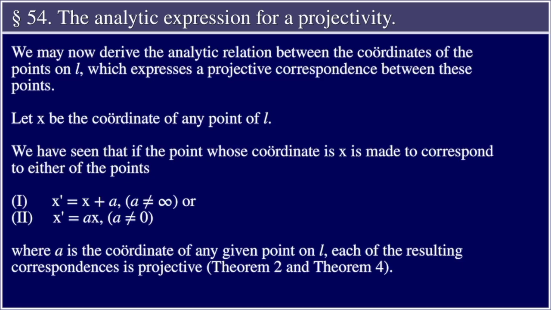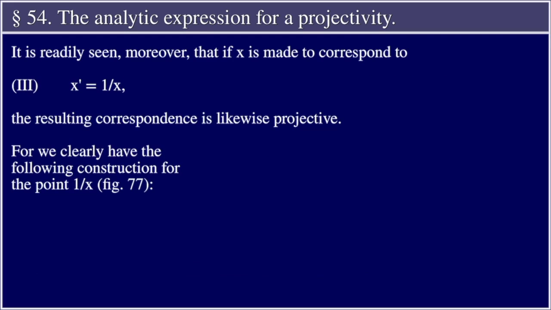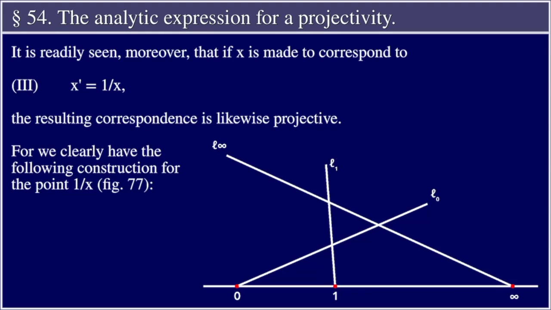Let x be the coordinate of any point of L. We have seen that if the point whose coordinate is x is made to correspond to either of the points, 1, x prime equal to x plus a, where a is not equal to infinity, or 2, x prime equal to a times x, where a is not equal to 0, where a is the coordinate of any given point on L, each of the resulting correspondences is projective, Theorem 2 and Theorem 4. It is readily seen, moreover, that if x is made to correspond to 3, x prime equal